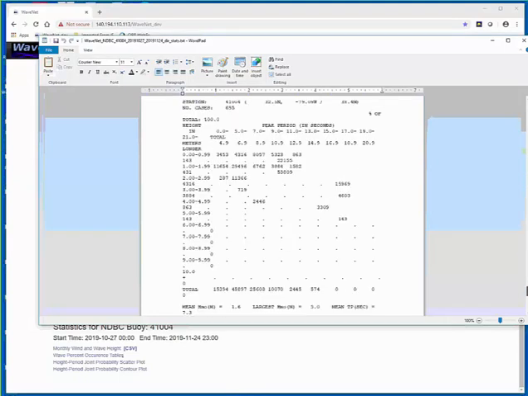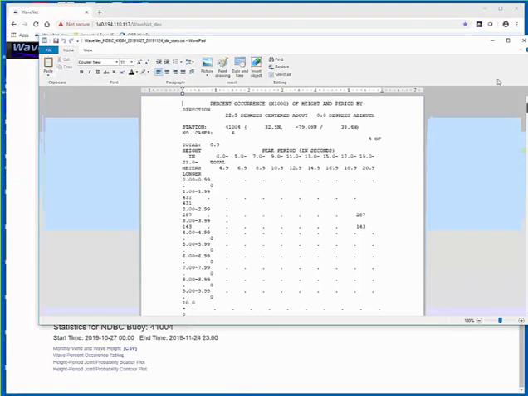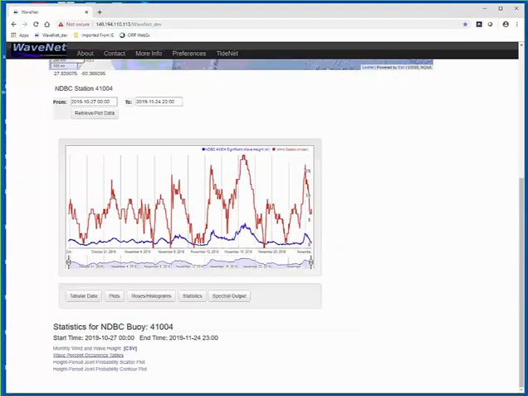I usually use Notepad++ or another editor or some other tools. But percent occurrences are similar to WIS. So for every 22.5 degree sector, it will give you tables for those. And at the bottom of it, we provide details on a monthly basis, annual basis, all the statistics that you may need. And a lot of times reports do call for those, so those are added to the bottom of that file.